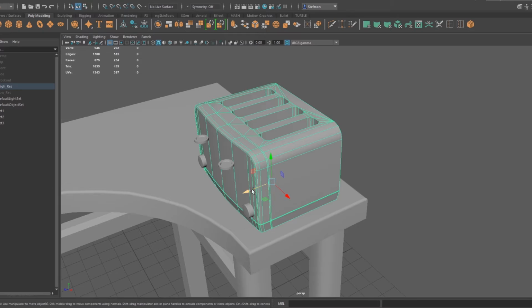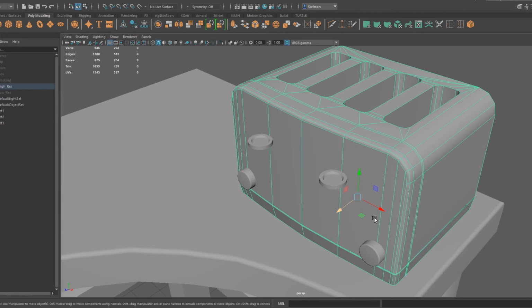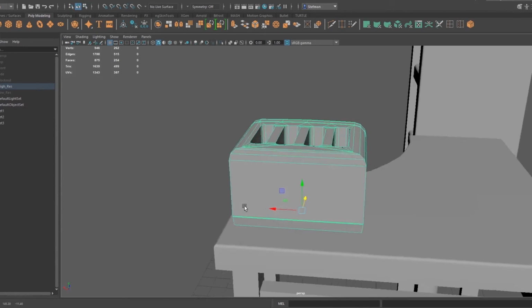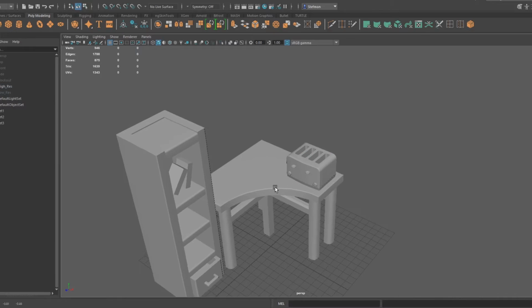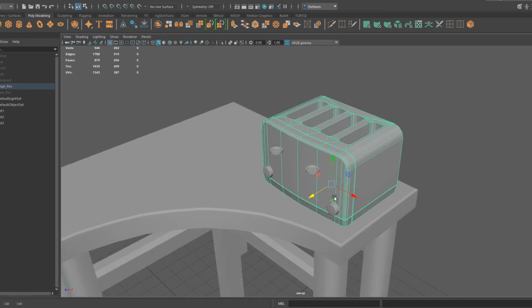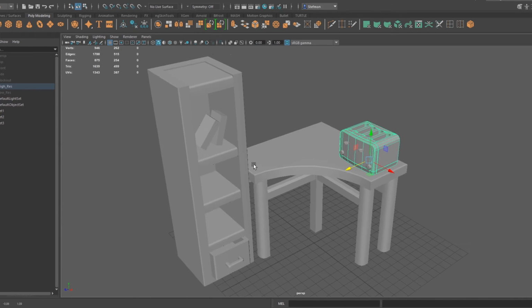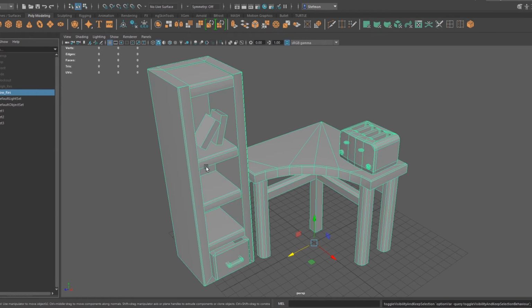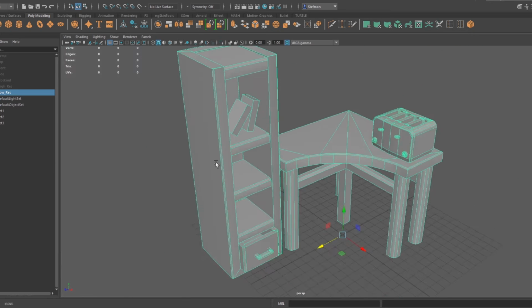And I also want to show you how to make a toaster, just because it's an interesting, weird shape, and it just looks very detailed, even though it's not a very complicated thing to make. I just need to make sure I remember how. And then I'm going to take you guys through taking that high poly and just making it a bit lower